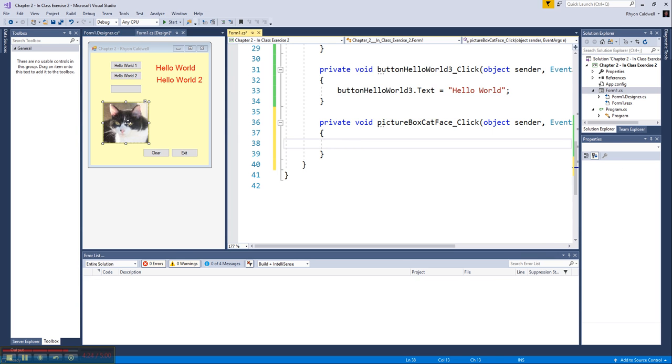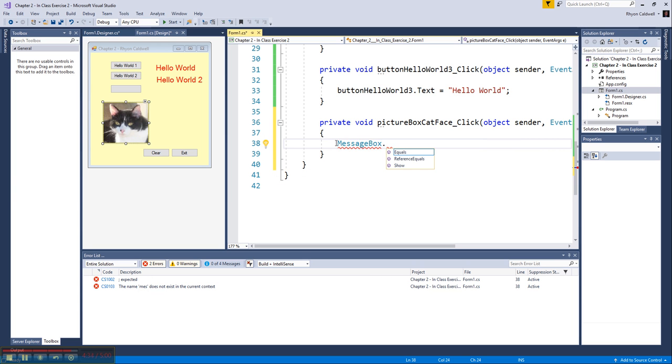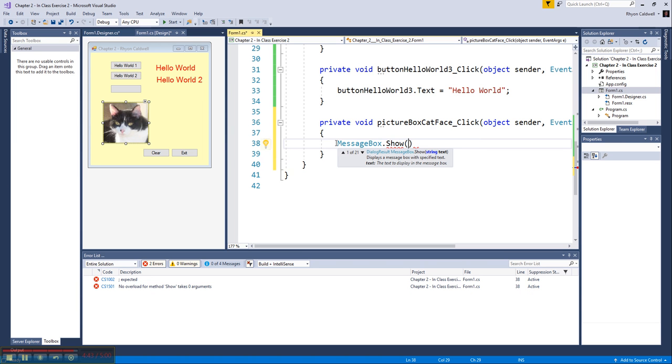All right, so what I want it to do is, when I click on this, display a message box. So there's a command called message box, and from there I can simply click on a dot. Now there's no properties of the picture box, but there are things a picture box can do. These are called methods, and I want it to show something. I want to show a message box. By putting it in a bracket, this is just the syntax you're going to learn, I can then type in a message. Meow, meow is what I wanted to say. Don't forget to put that semicolon at the end. And that's it. So what I've told the computer here